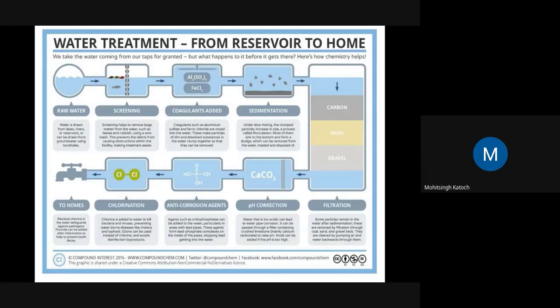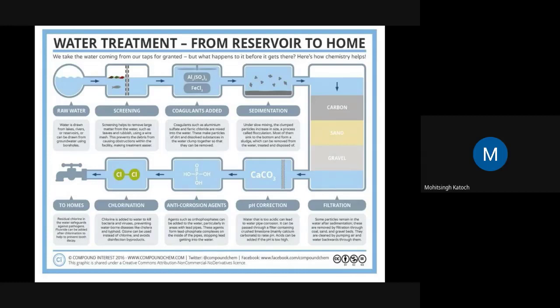One thing to remember here in this coagulant process is aluminum sulfate is basically used in drinking water treatment plants as a coagulant, and ferric chloride is basically used as a coagulant in wastewater treatment plants. So this is a very important question which can be asked in the GATE examination. Amongst all these, which coagulant is most prominently used in wastewater treatment plant? Then you must not write aluminum sulfate. The correct answer would be ferric chloride. So remember, two names are given here, aluminum sulfate and ferric chloride.